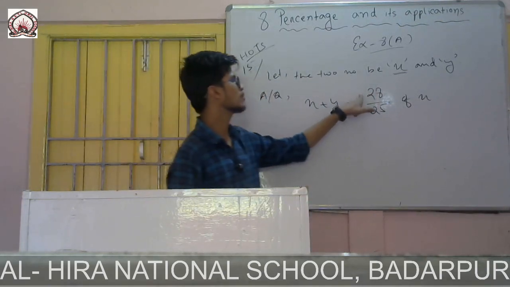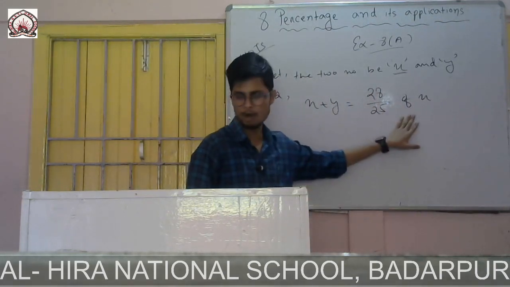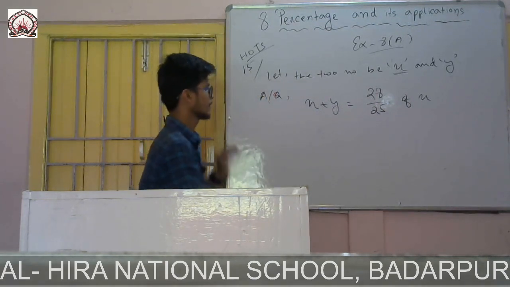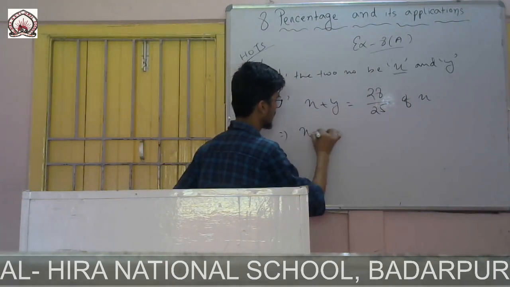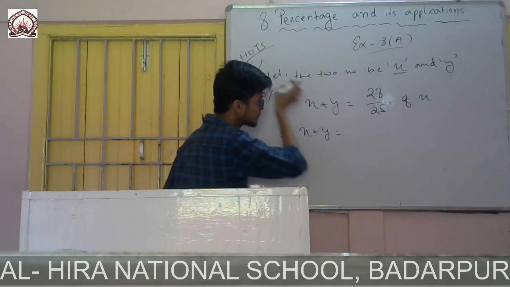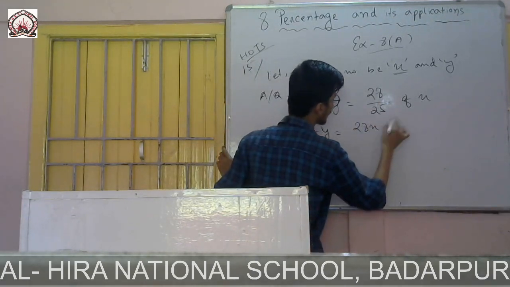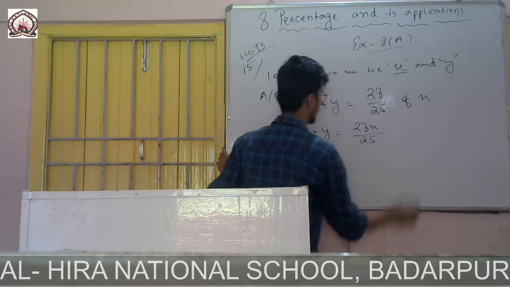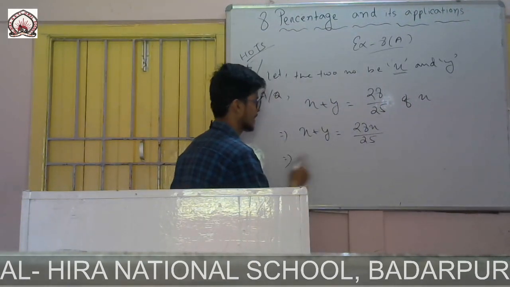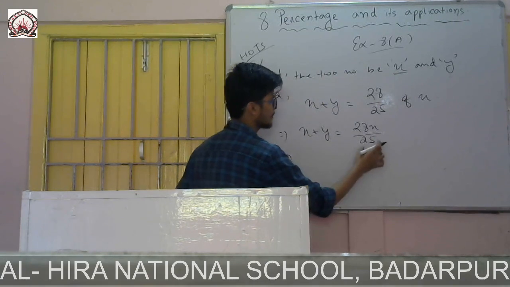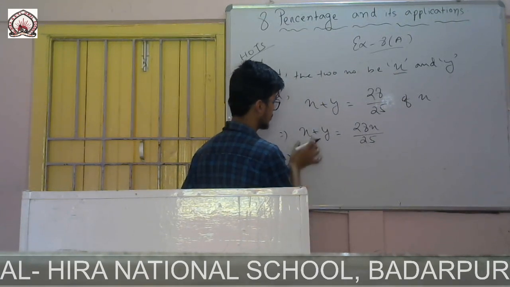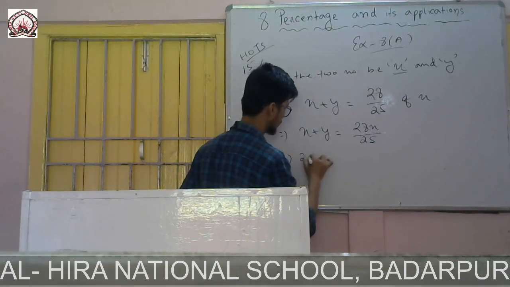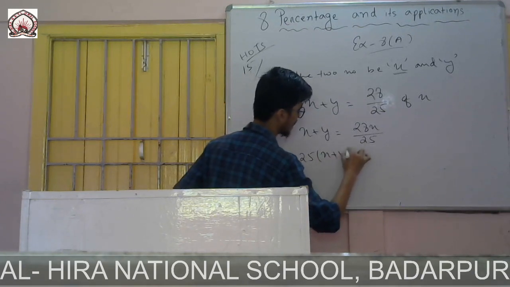Sum of two numbers equals 28 by 25 of x. So if I solve this one, it will be x plus y equals 28 of x, which means 28 into x, so it will be 28x by 25. If I remove the fraction, it will cross multiply simply: 25 into x plus y equals